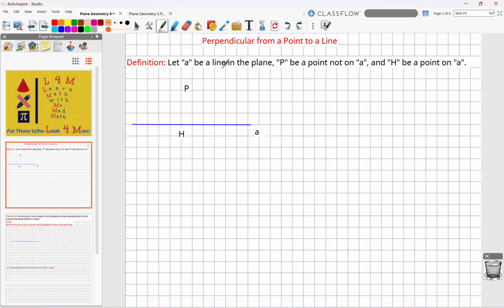Let's say that we have a line A in the plane. Let's say that we have a point P, which is not on the line A, and a point H, which is on the line A. Okay? Then the line segment PH, so let's show it. The line segment PH, when I join the point P with point H, is called